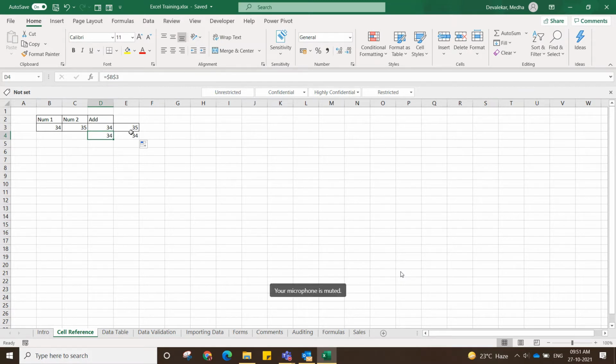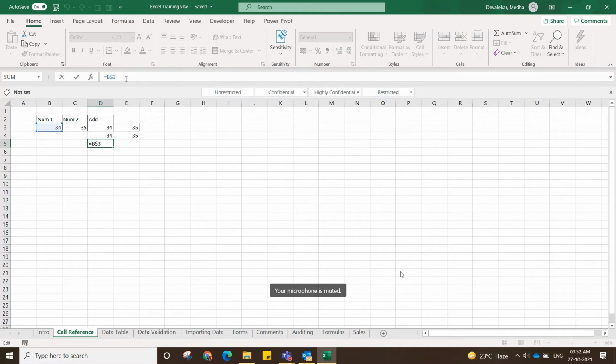So now if I don't use the dollar before B, and use only B and $3, how will it be? Once I click this, it will still show 35 because it keeps the row constant, but it is changing the column name. Now if I drag it down, this still shows B3.